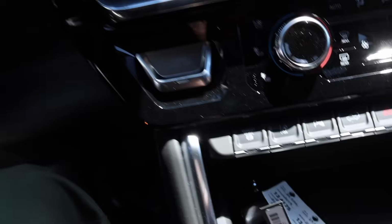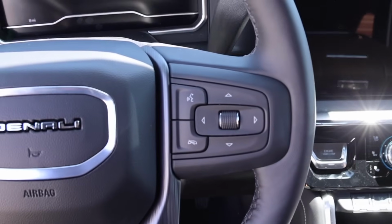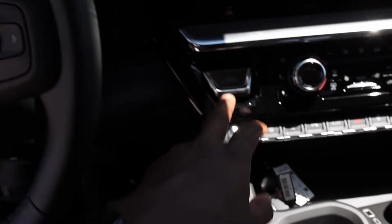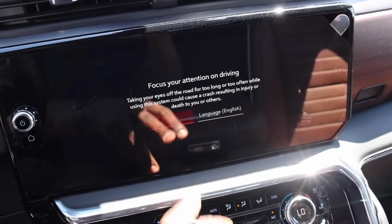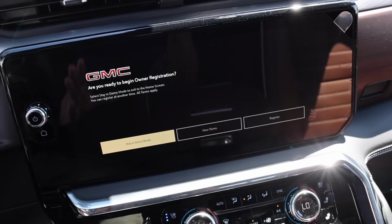So push button start is right here. And then here's some of the controls on the steering wheel. You guys can see some of the trimming around too. You have more leather wrap up here with some of that stitching and piping. Heads-up display. Let's go ahead and start it up too. I don't want to take too much time here, so if you want to go back and see a lot more, I have done a ton of videos on the Ultimates, but my favorite things about this truck,